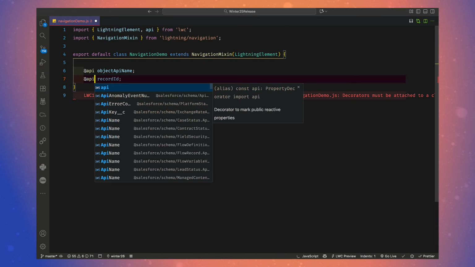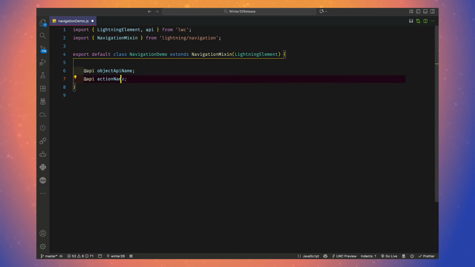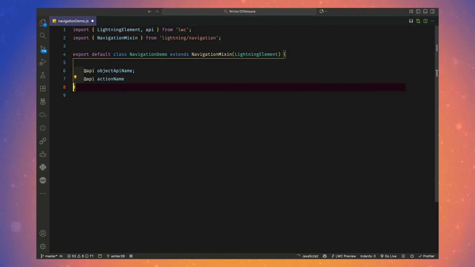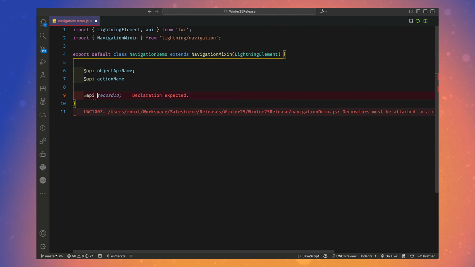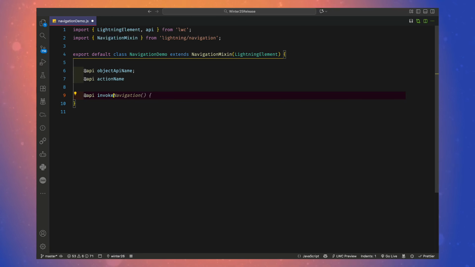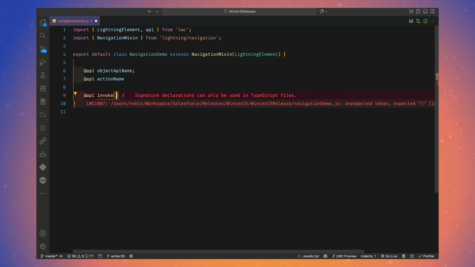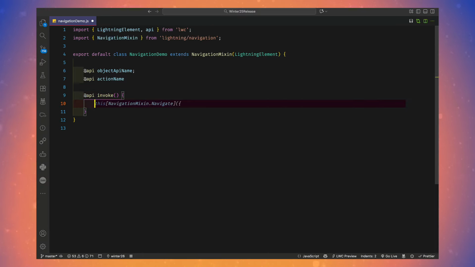Another one we can use is @api actionName, like action name. Right, now we have to define our invoke method. So @api invoke, I can use like invoke, right? Add invoke, and this is the method,